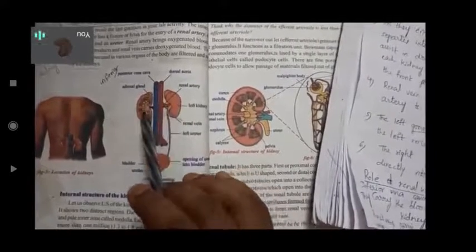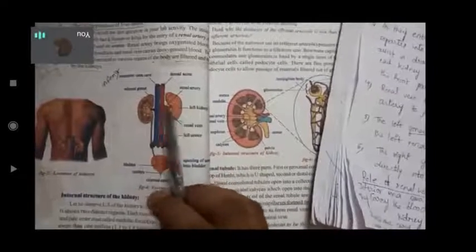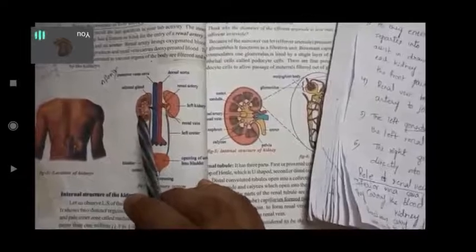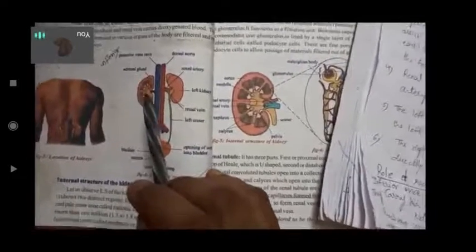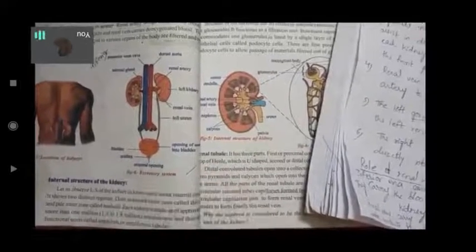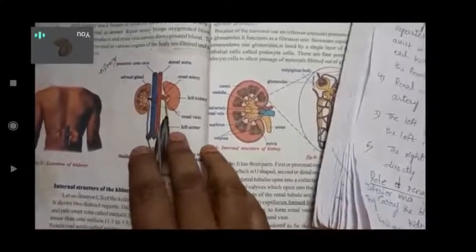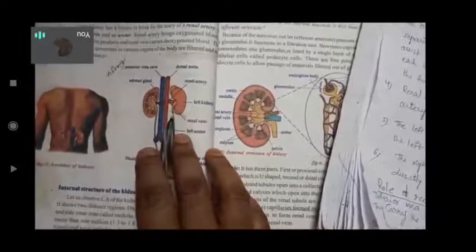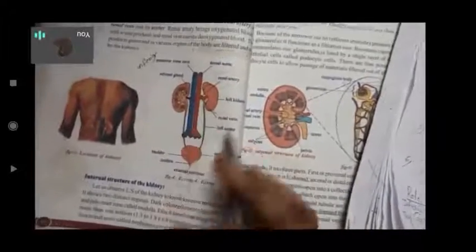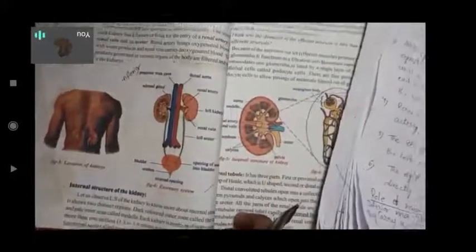These two again enter into the kidneys. They branch through small arterioles, and then into a tiny knot of vessels called the glomerulus. Yesterday also we came across this term glomerulus, and I told you I will explain it. Now I want to explain about it in the structure of the kidney. Individual structures we will see at that time, and I will explain further.